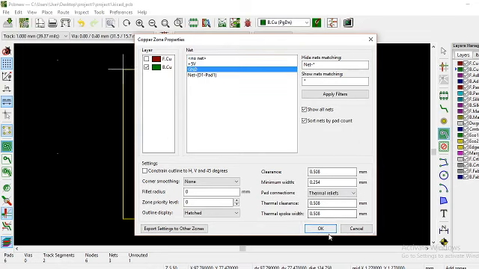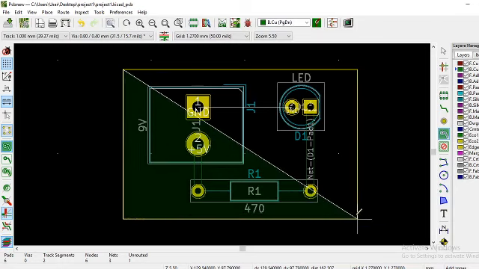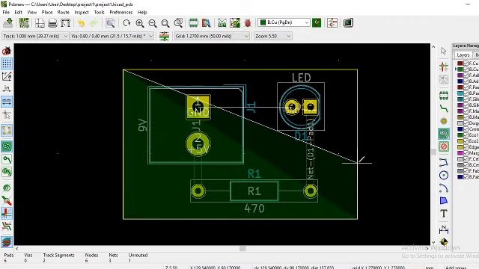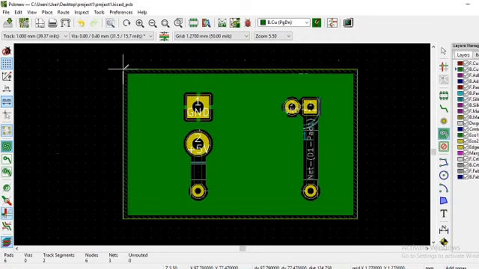Ground. Single click, single click, single click, finally double click. Now the fill zone is formed, which will automatically connect the ground.